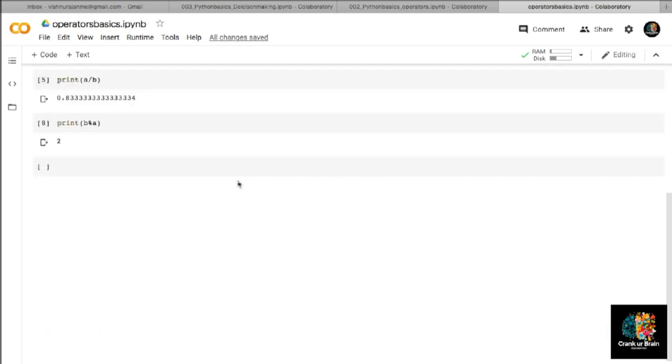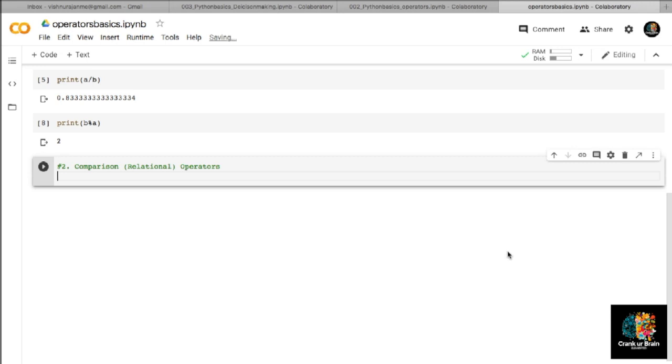Now we will start with the second part, the comparison or relational operators. Here we'll be checking certain things. If I type code like a is equal to b, the program will check whether the value in a is exactly the same as the value in b.